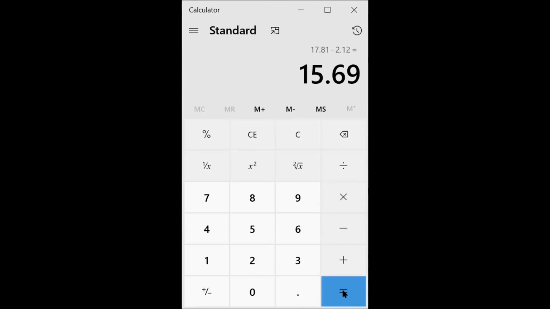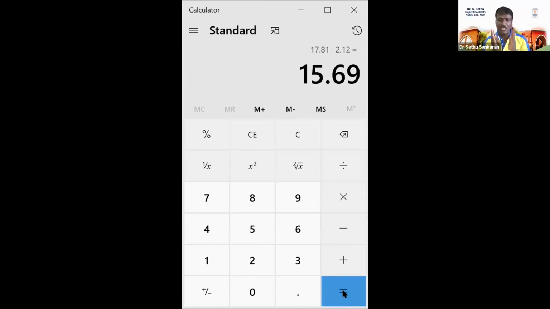So the scores in your data below 15.69, those who scored below 15.69, are called low performers. That's all. The mean is the average performer. Then above one standard deviation value, we call it the highest or the excellent performer.